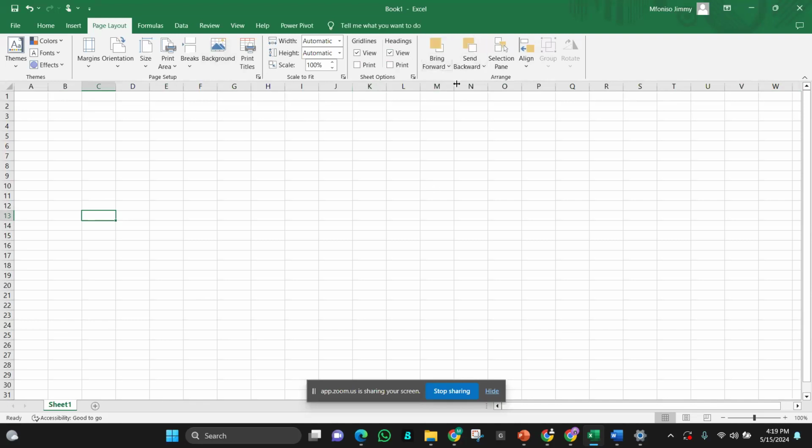Then bring forward and send backward are for when you're working on a shape or a chart and you want to send something behind the shape; you can choose to send it backwards or bring it forward. Once we start practically, you will understand more.